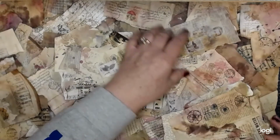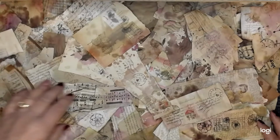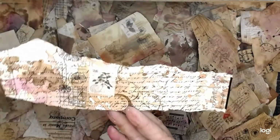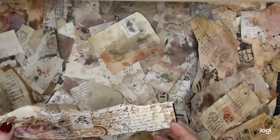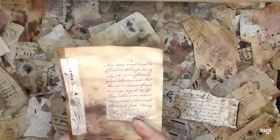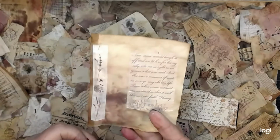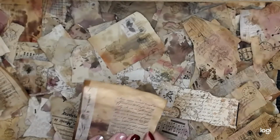Where is that one? I really love this whole piece. I just love that. Here's a big piece here, and I'll probably finish tearing the sides on this, but I really like the bigger tape on here. So all of this will get a collage on it,